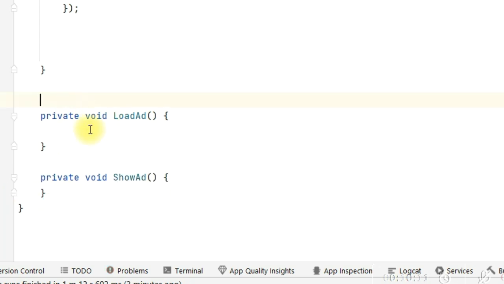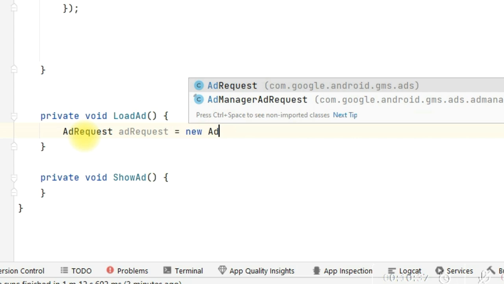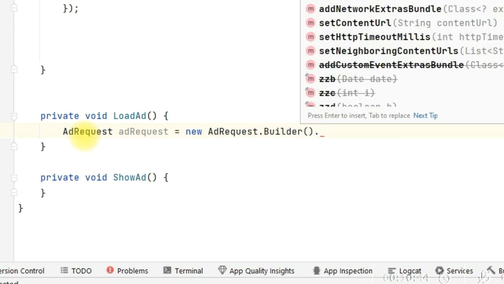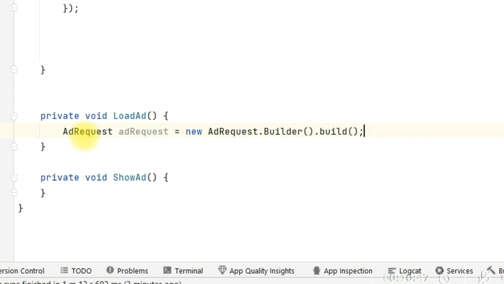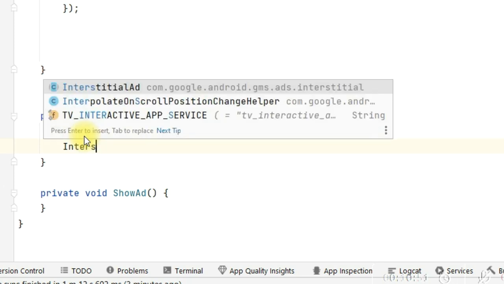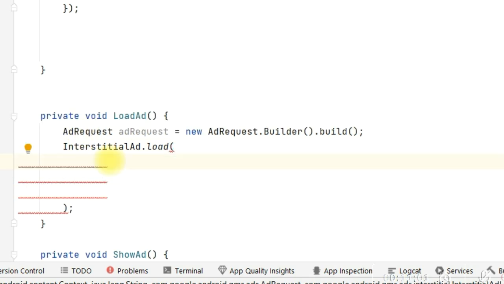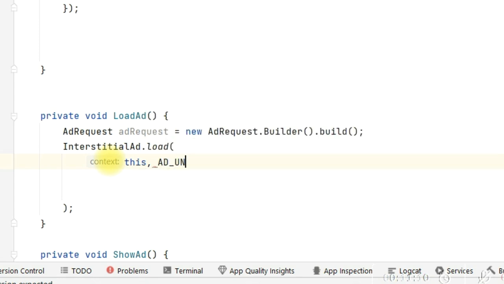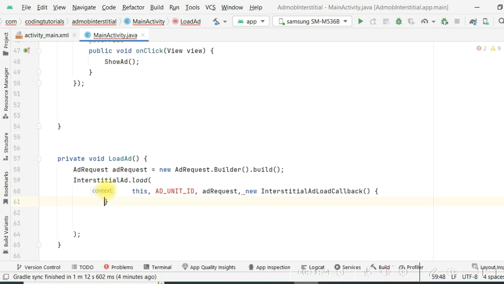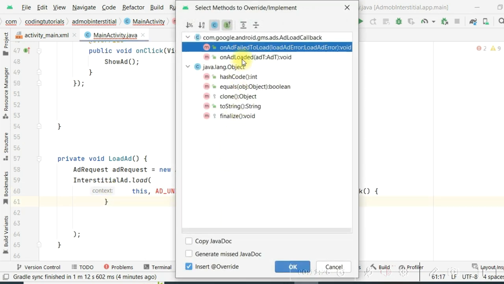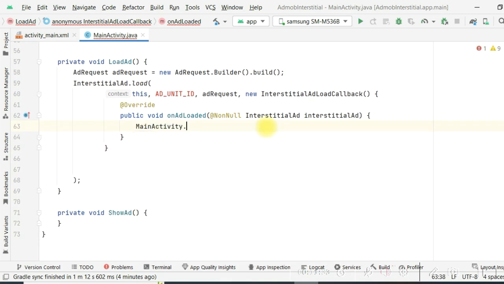Inside loadAd, write adRequest equal to new AdRequest.Builder().build(); This way we initialize our ad request. Then we write InterstitialAd.load into the brackets. We write this, comma, AD_UNIT_ID. This is the ad unit ID, which is your personal ID given by Google AdMob when you create your account. I'm going to tell how to get the unit ID also. Then comma, adRequest, comma, new InterstitialAdLoadCallback. Now you have to add the override method. So you add the onAdLoaded method, delete the super, and write MainActivity.this.interstitialAd equal to interstitialAd;